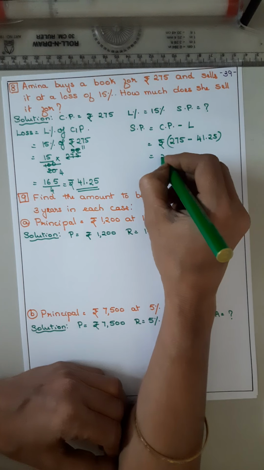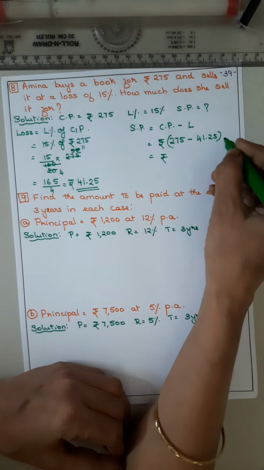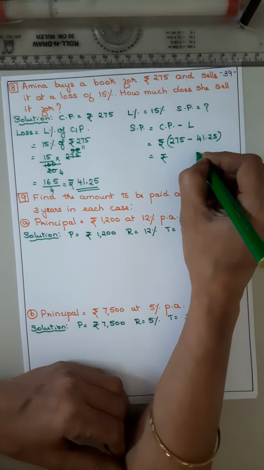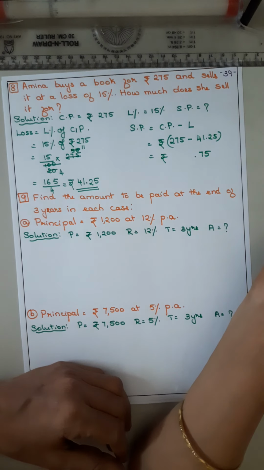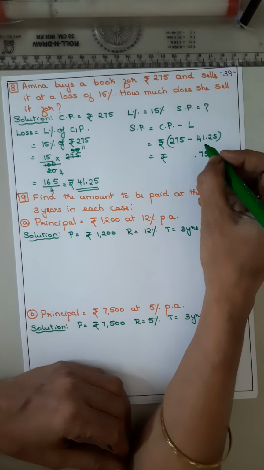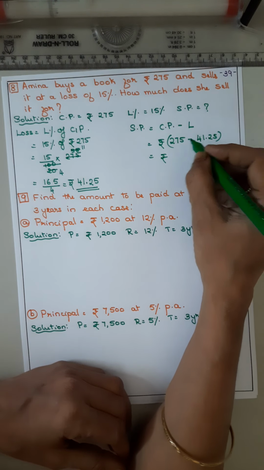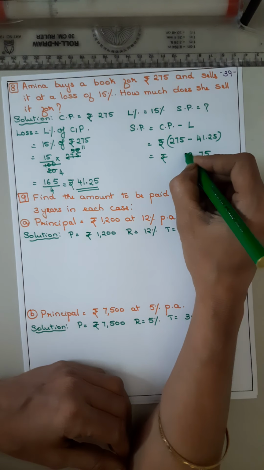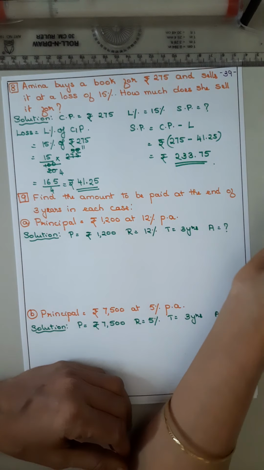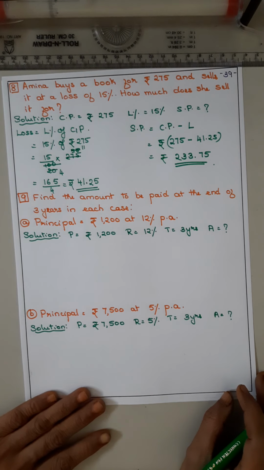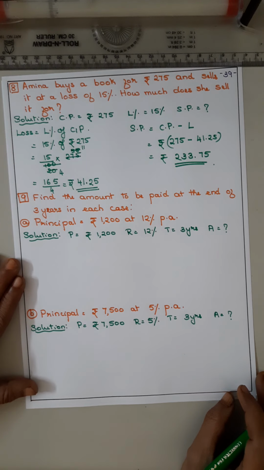41.25, सो रुपीज, इधर 0 आएगा है ना, 0.25 है तो 0.00, तो इधर 100 माइनस 25 इज 75, तो इधर बचा 4 माइनस 1, it's 4 minus 1 is 3, now here it is 7 minus 4 is 3 and 2, so you got SP 253.75. Now coming to the 9th sum, it is find the amount to be paid.